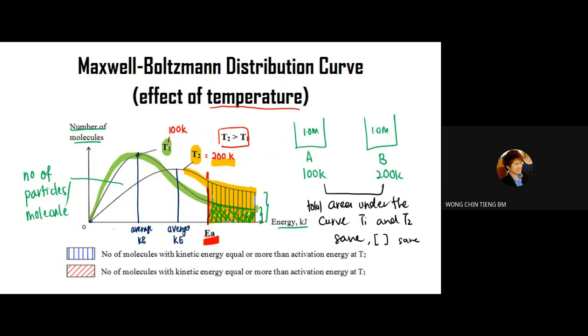Boleh tak average dia sama? Kenapa tak boleh? Sebab suhu lain, betul? Katakan temperature yang ni adalah 200 Kelvin, temperature yang ni mungkin adalah 400 Kelvin ataupun 500 Kelvin, betul? Kalau suhu dia tinggi, the average kinetic energy of this must be a lot higher. Agree? So bila dia a lot higher when you draw,